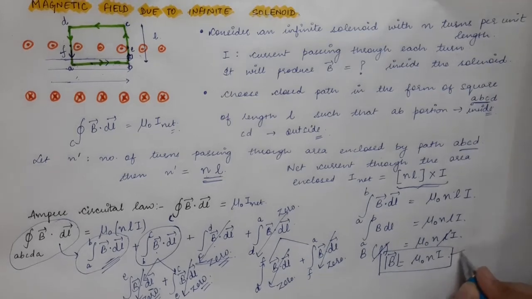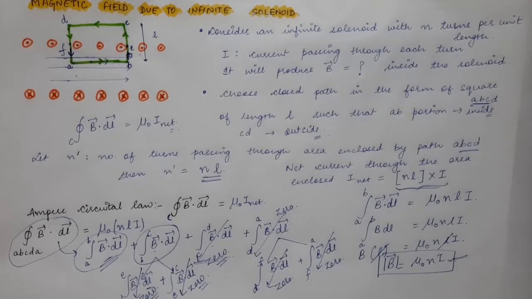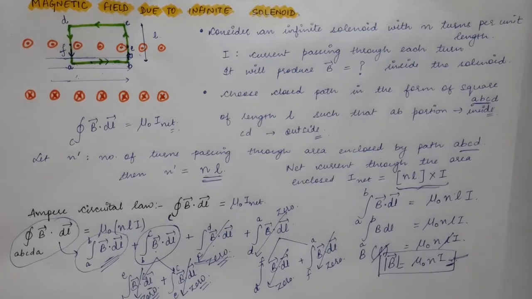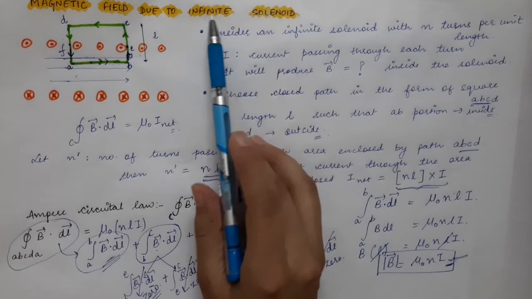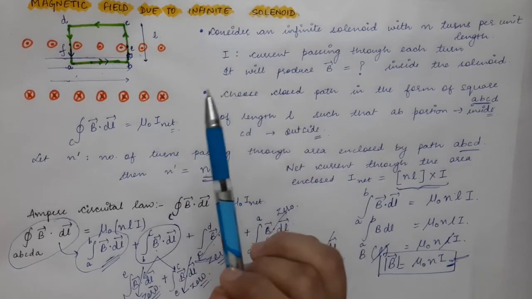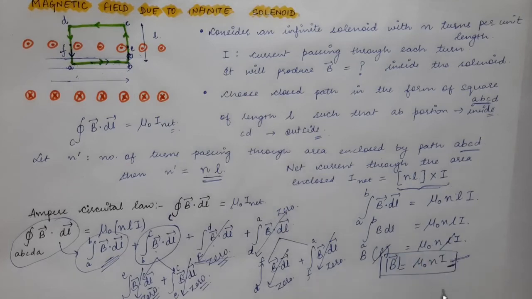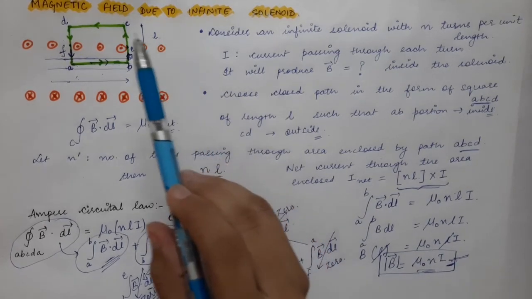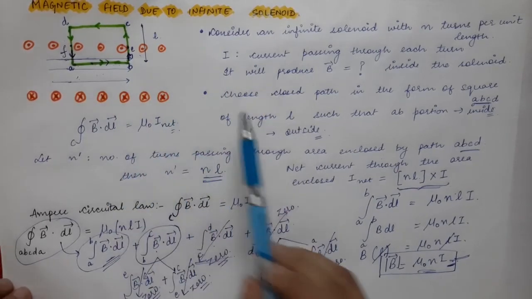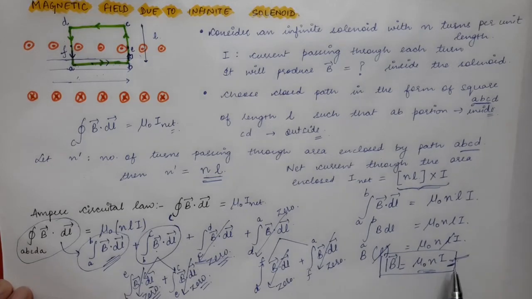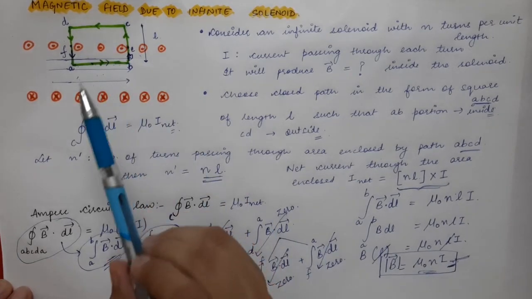So this is the same equation which we got using the Biot-Savart law in the previous articles, and this result is strictly valid for the points which are near to the center of a long solenoid. As we have seen, it is impossible to have an infinite solenoid, so that is obvious, as an infinite solenoid is not possible in reality. So this equation is valid for the points which are near the center of a long solenoid. If you take a long solenoid, this expression of magnetic field will be valid for the points which are near to the center of a long solenoid.